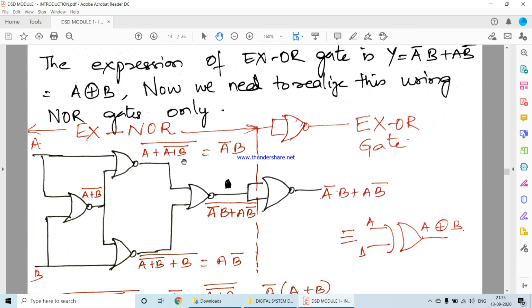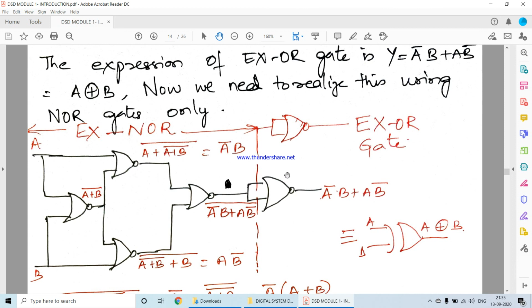So now if I give these two inputs to this particular NOR gate, what will I get? A bar B plus AB bar the whole bar. Now can you see, A bar B plus AB bar the whole bar is nothing but XNOR. See, the complement of XOR is XNOR. So A bar B plus AB bar is XOR. The whole bar is XNOR. Therefore till here it is the XNOR gate. Okay, this connection is the XNOR gate.